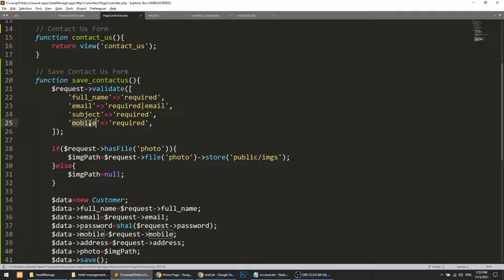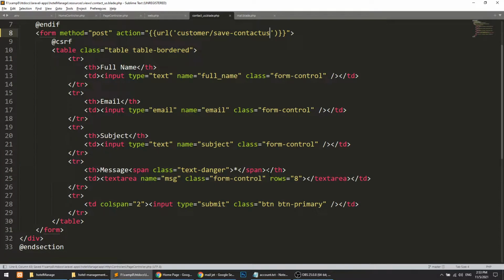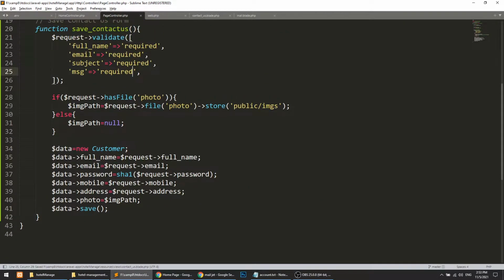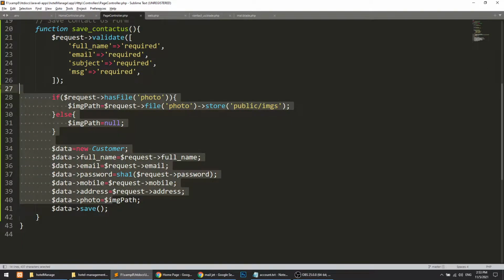We are not going to save this data in the database, but we will send it by email, so we need to validate it. Let's make this required via this span indication.